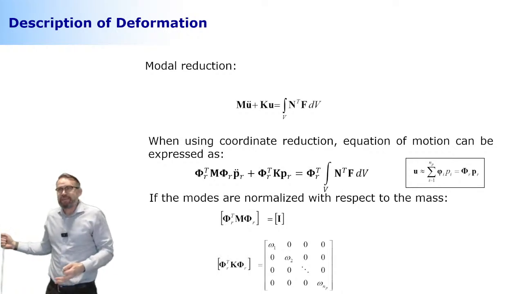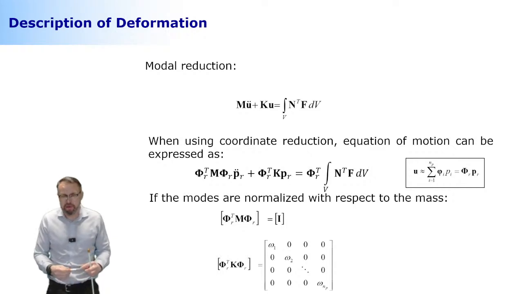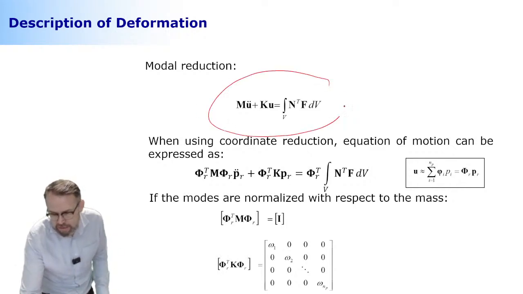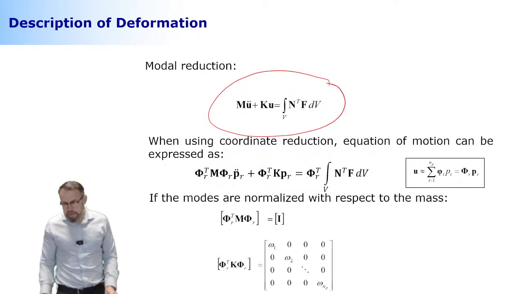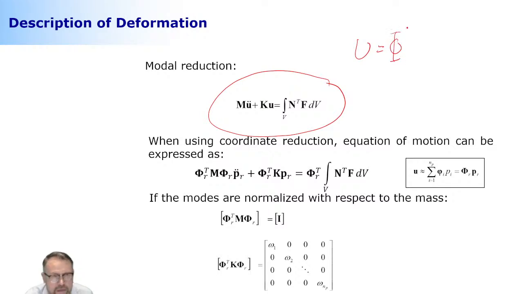Okay, so what we can do when we move from nodal coordinates to modal coordinates. This is our original equation of motion, and we have the relation that I explained earlier. So the relation is this: we are replacing the nodal coordinates by modes. We're going to take a look at an example of how these modes actually look. And then we have a certain number of modal coordinates.